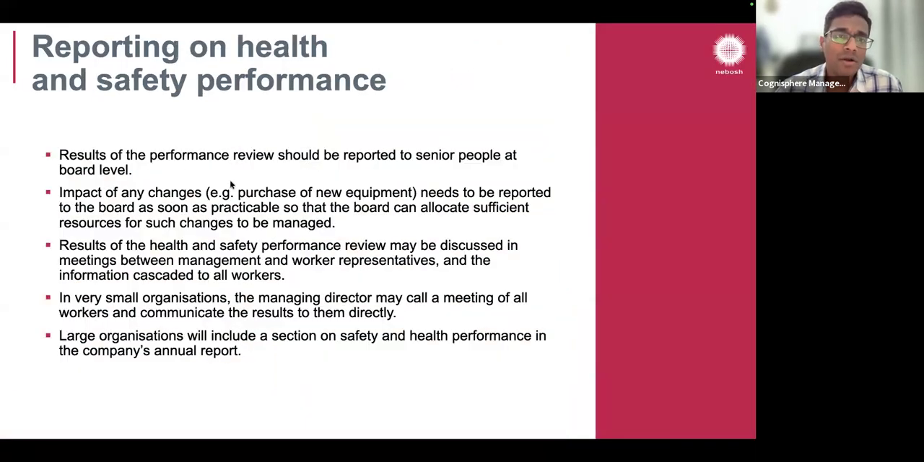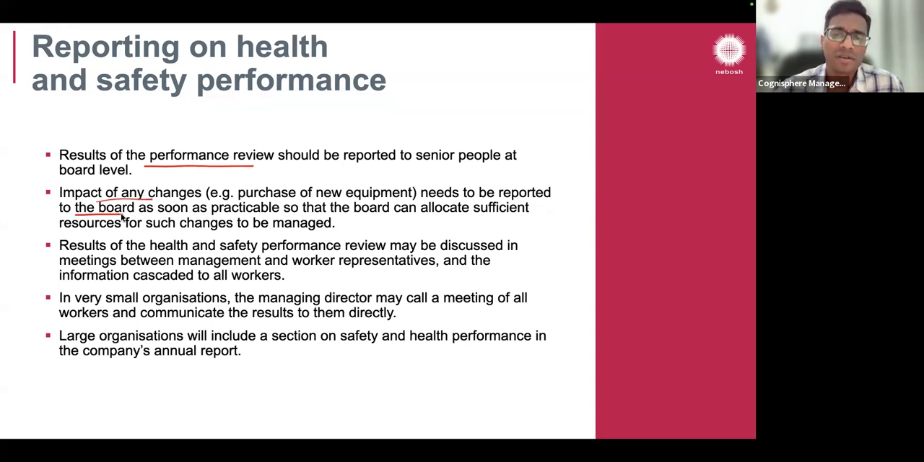So reporting on health and safety performance. Results of the review should be reported to senior people at the board level. What is the agenda? What are the actions, and how are you going to address those actions? The impact of any changes needs to be reported to the board as soon as practicable,